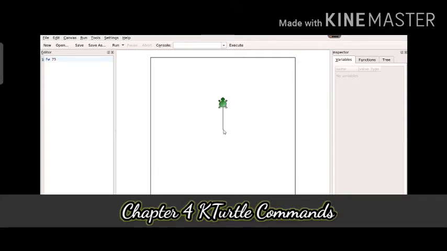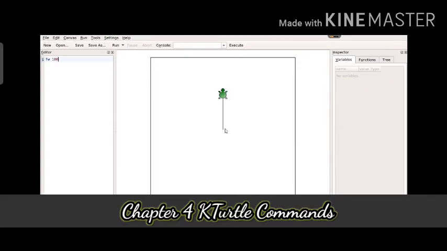If I want to change this, then I can also change it. If I want this KTurtle to move 100 steps forward, then in place of 75 I will type FW, space, 100. It is to be noted that you have to leave only 1 space in between, not more than 1 space, otherwise an error message will come. Then press the run button, and the turtle moves 100 steps in a forward direction.